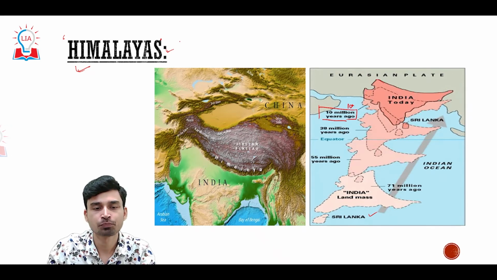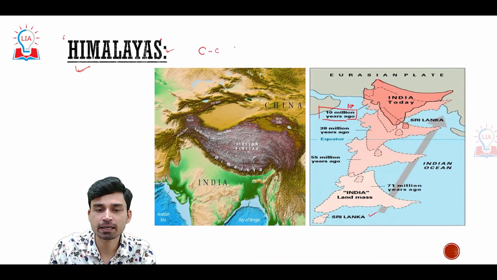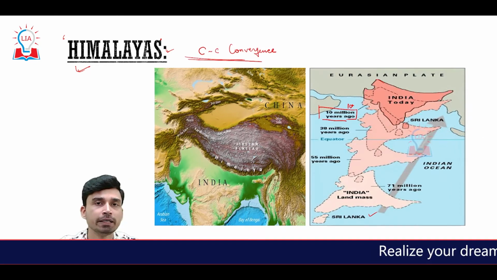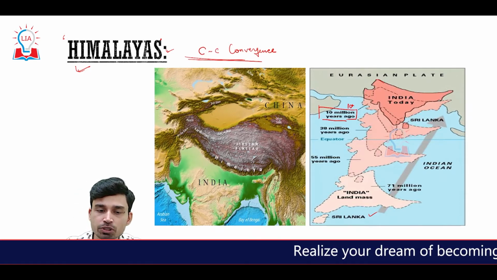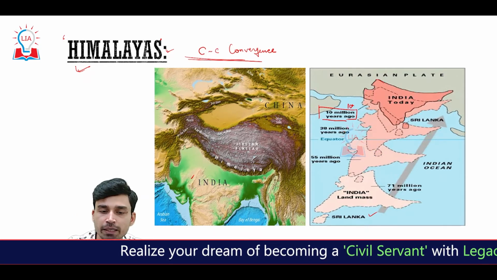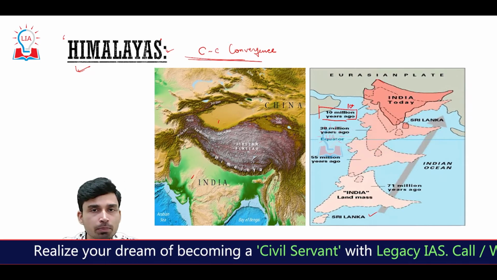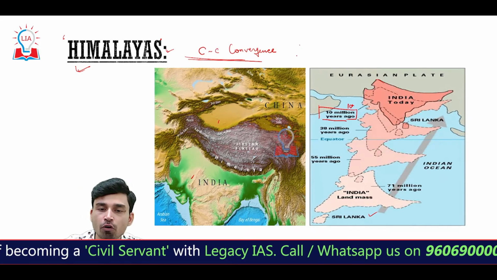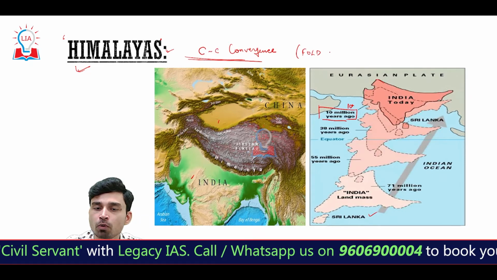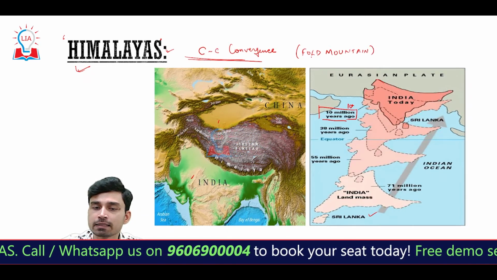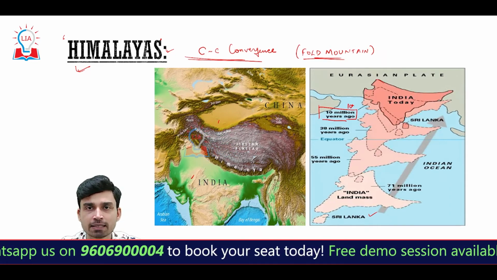the Eurasian plate. So the Himalayas are a result of continental convergence, a kind of plate interaction. Due to this convergence, the whole region where the Indian plate and Eurasian plate collided became warped and started to uplift, leading to the formation of a mountain called a fold mountain. So the second thing we can say about the Himalayas is that they are an example of fold mountains, as they have been